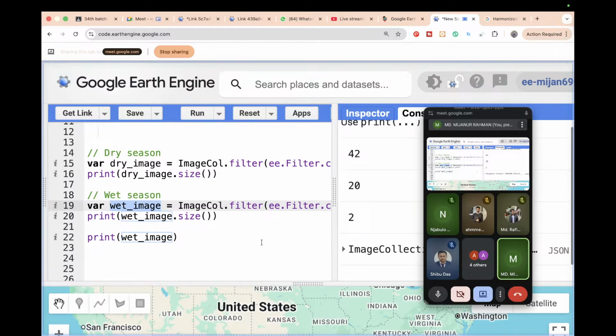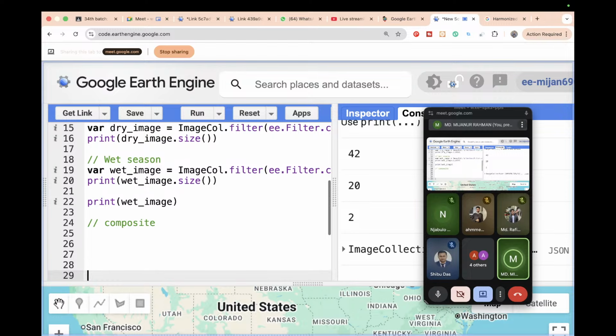Okay, I want to create the composite and display the dry season image and also the wet season image in my map. So for that, we just apply the composite. Different types of composite, you already know about that. So take a variable. Suppose I put the variable name is